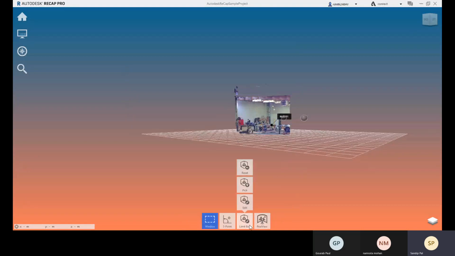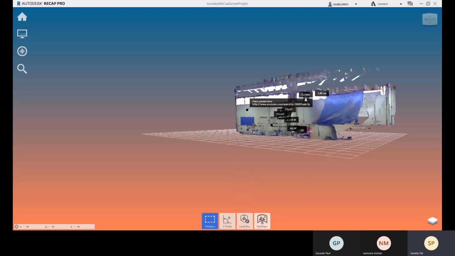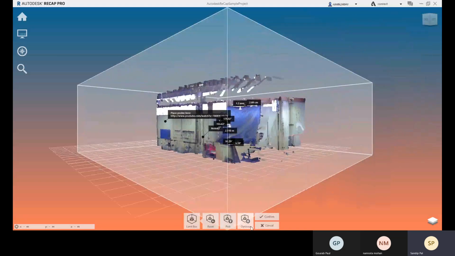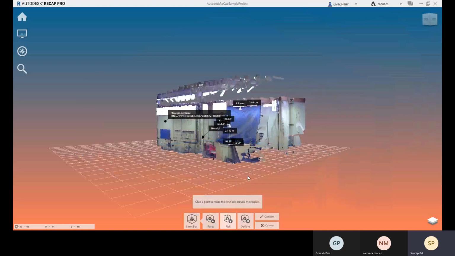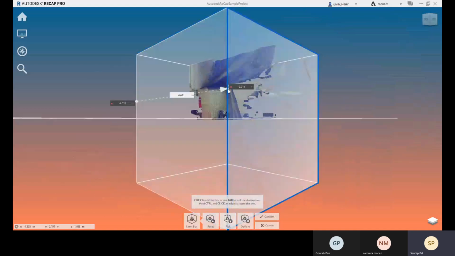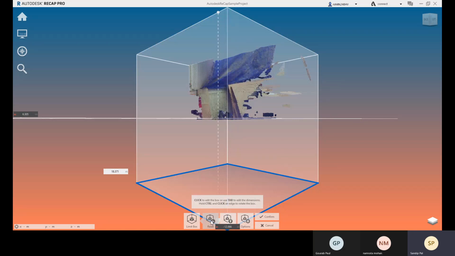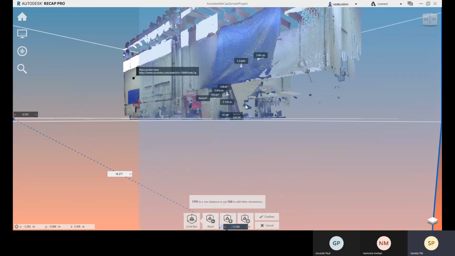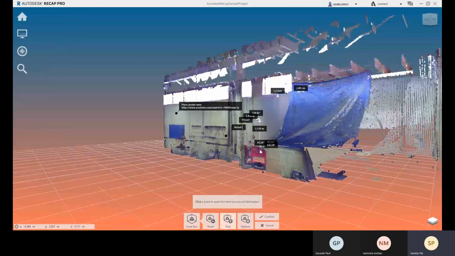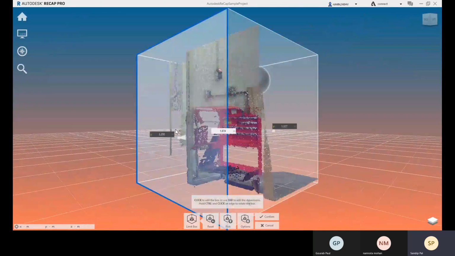And again, if you need to reset it, come to this limit box and go for reset, and after this you can go for pick, and let me pick this object.